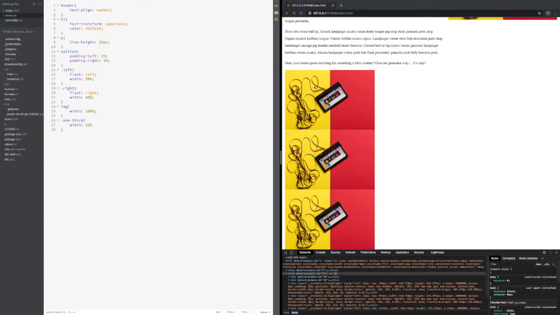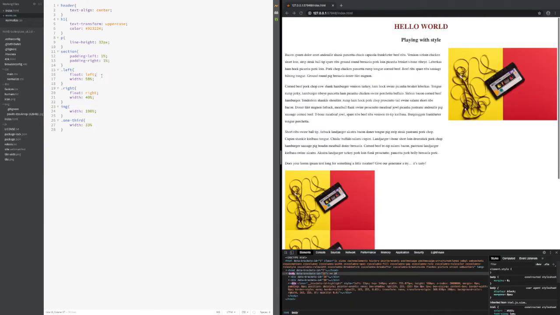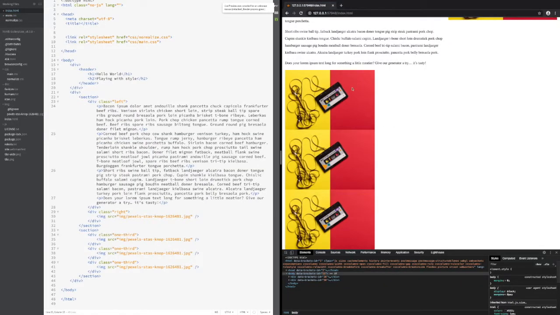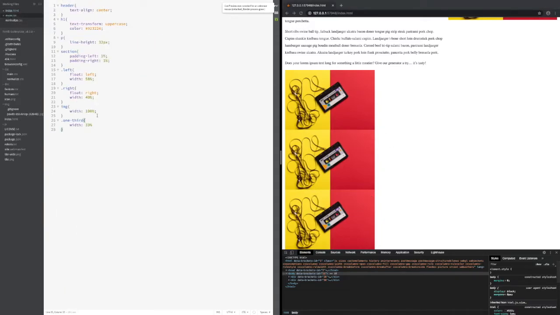The width is 33%, but they're not within 1 row of each other because I haven't told it to float left. And so in order to align these left to right, we're missing our float. So once we add a float,